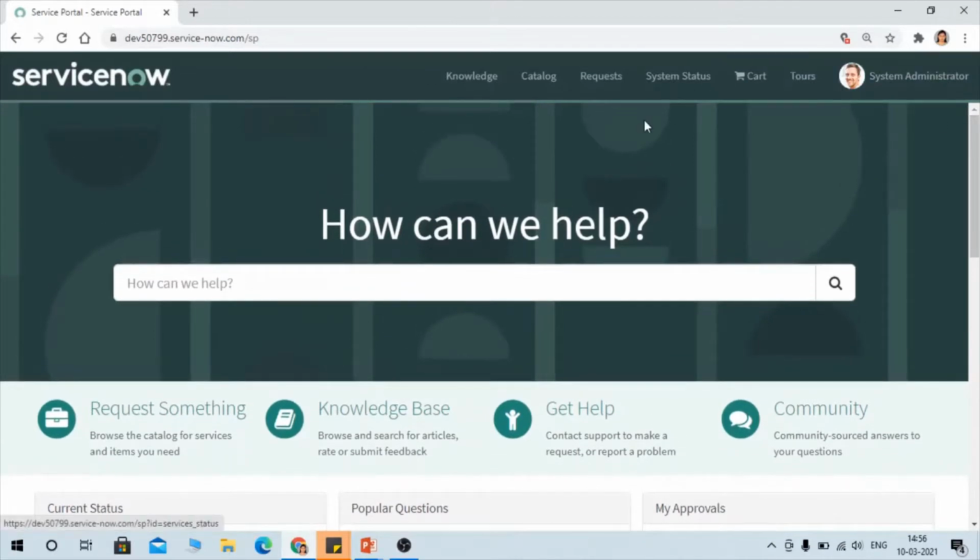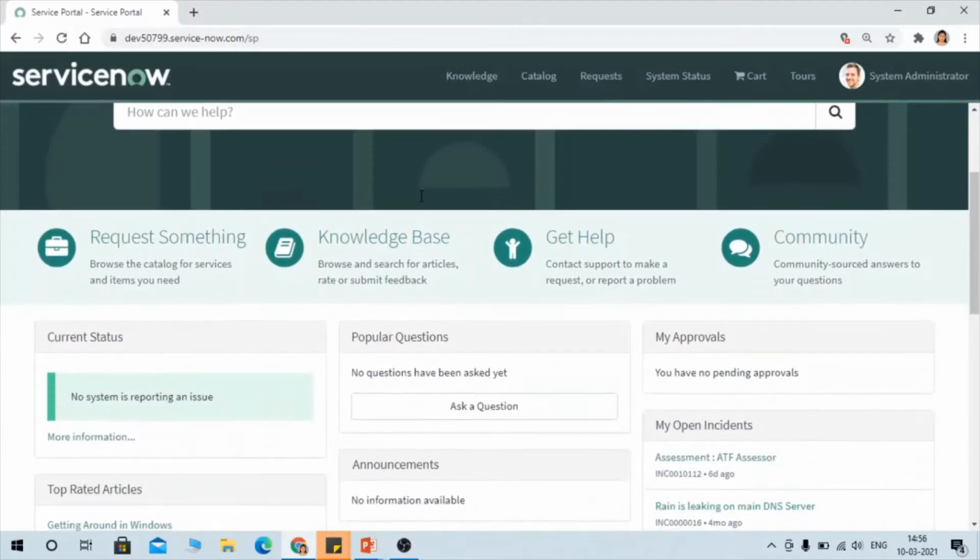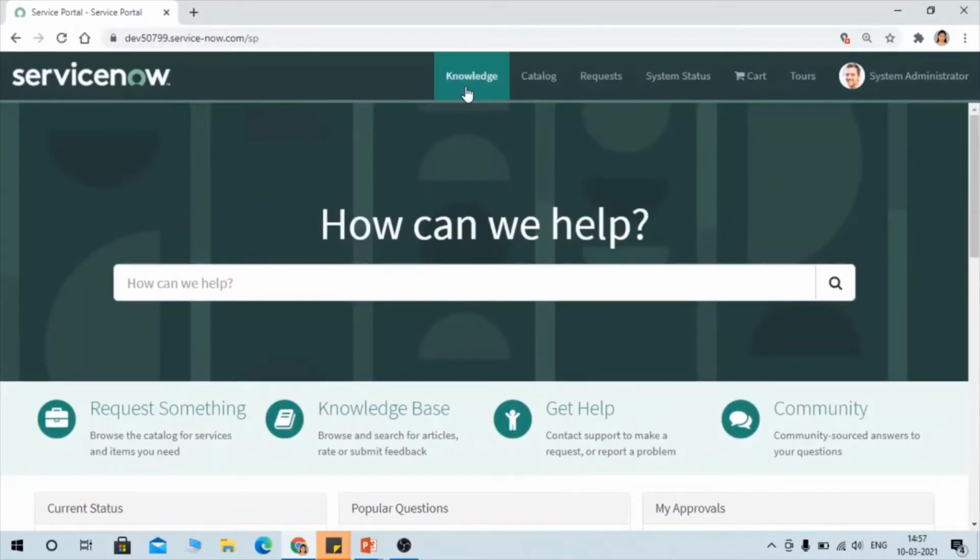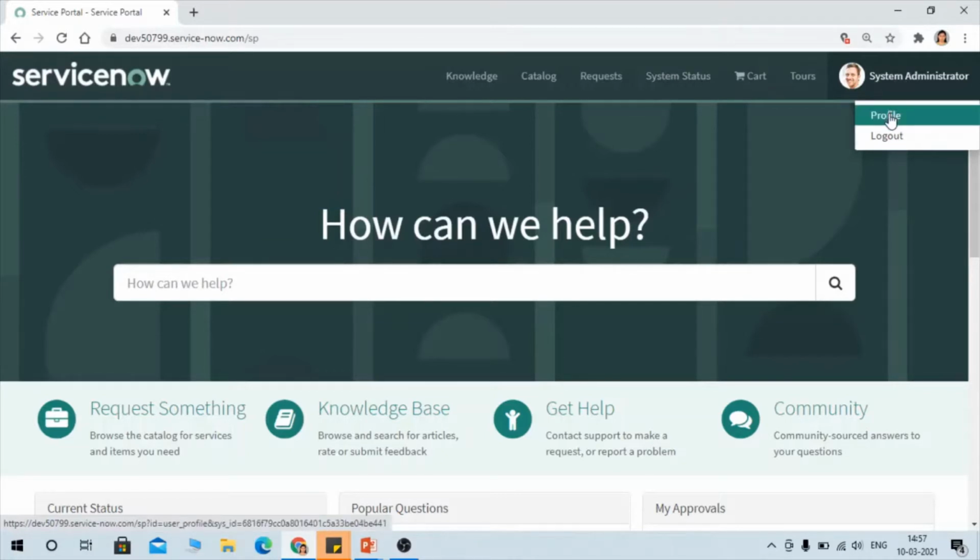So here, any customer or client would be able to see this view, and they are having many kind of functionality available on the service portal. I am ServiceNow admin, so I could see ServiceNow administrator, whatever name of that customer or end user, they could see their name. And we are having the profile. They can go to the profile and they can change if some information they want to modify. So mainly we are going to talk about catalog today. So we'll focus on catalog.